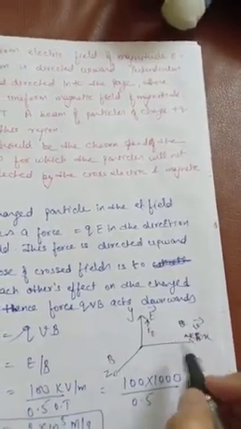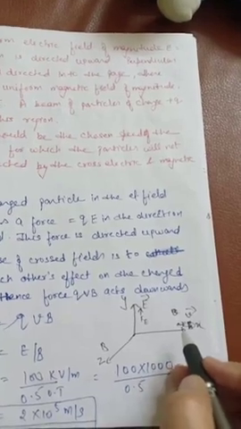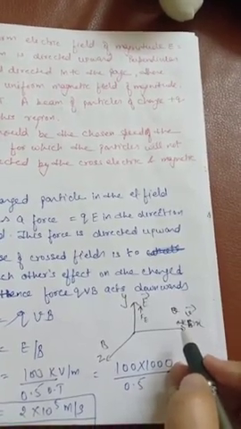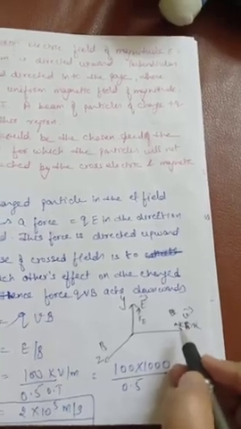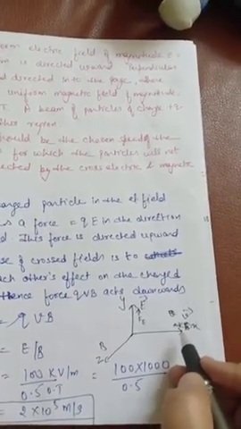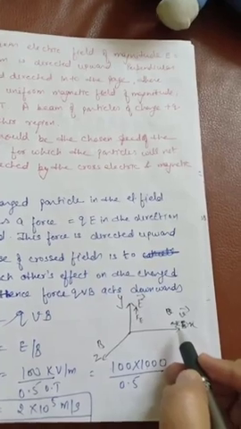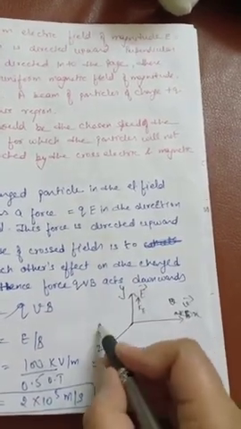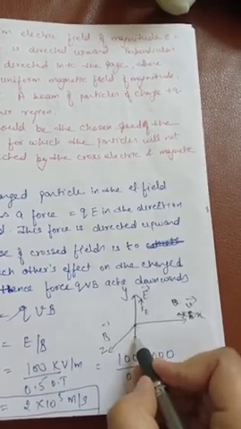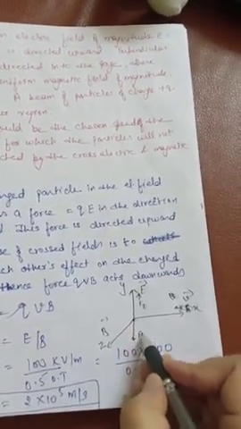Okay. And we already know that from Lorentz force, the magnetic force is always perpendicular to the plane made by velocity and magnetic field, right? That means the direction of the force is like this, Fm,